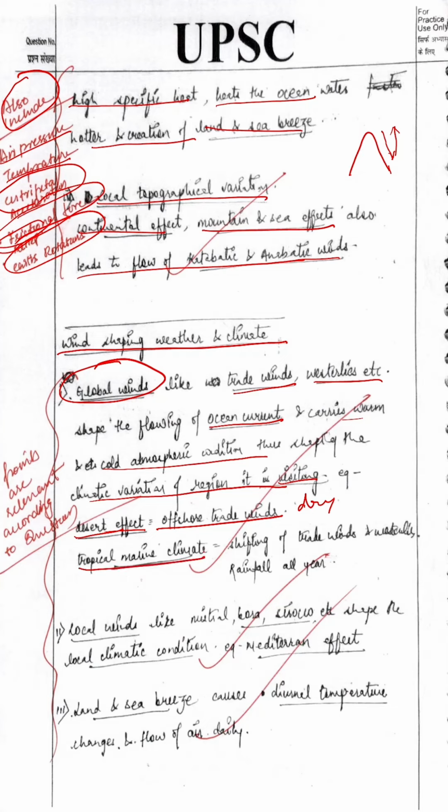Then the tropical marine climate, shifting of trade winds, and the westerlies bring rainfall all the year. So this is moist air. Okay, these are the moist winds. So here we can see that